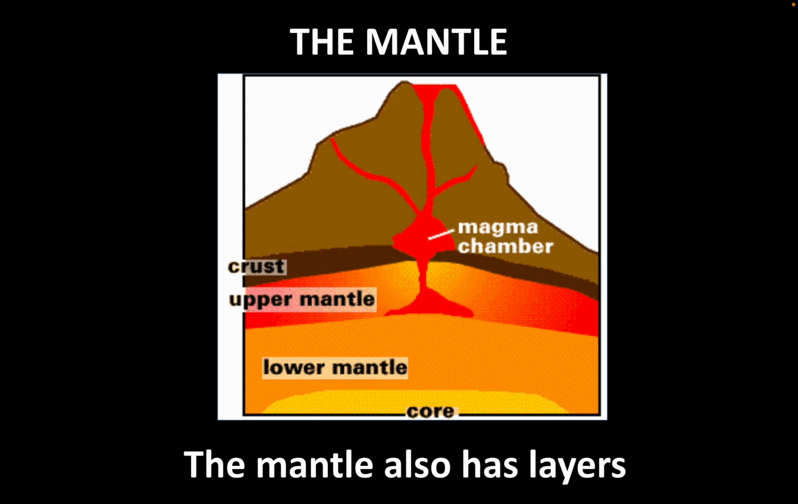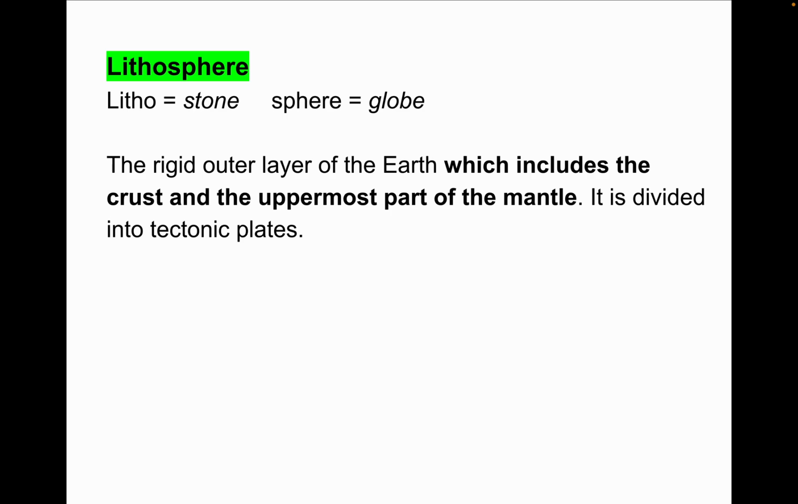Pause the video anytime. I'm just going to go all the way through. Pause the video anytime if you need to stop it so that you can write down your notes, okay? So we reviewed two vocabulary terms yesterday, the lithosphere and the asthenosphere. The lithosphere, if you remember, litho means stone or rock, and sphere means globe. So this is describing the rigid outer layer of Earth, which includes the crust and the uppermost part of the